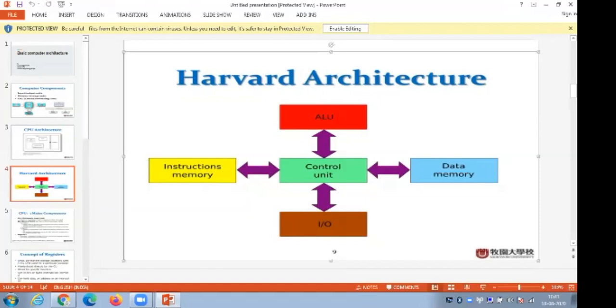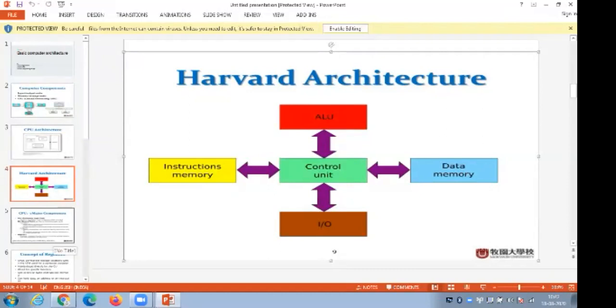Instruction memory is one type of memory which gives data and receives data, and data memory is another type of memory which gives data and receives data. But the difference between them is that instruction memory gives only instructions like plus, minus, divided by, multiplication. All those instructions will be given by the instruction memory, and alphabetical order data will be given by the data memory. These two memories are linked to the control unit, and then the arithmetic logical unit calculates all the operations and gives the result directly to the input or output interface.